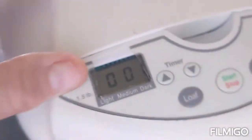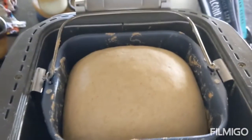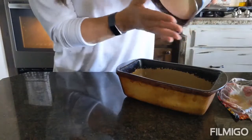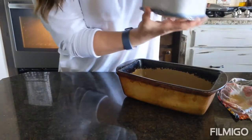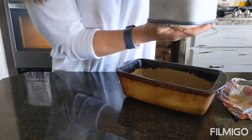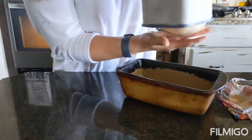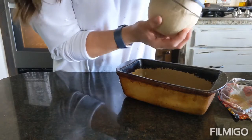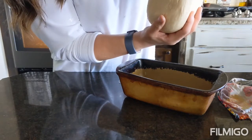So I have 1 minute left on my bread maker. I just wanted to show you how much it's risen in 20 minutes. It's beautiful. So I'm going to gently coerce my bread to fall out of my loaf pan. It's important not to totally squish it and squeeze it and push all of the air out of it. You want to try to keep as much air in this bread